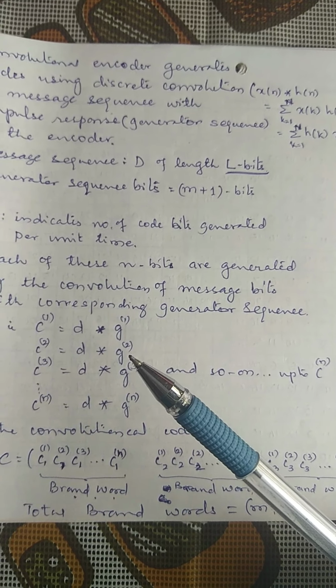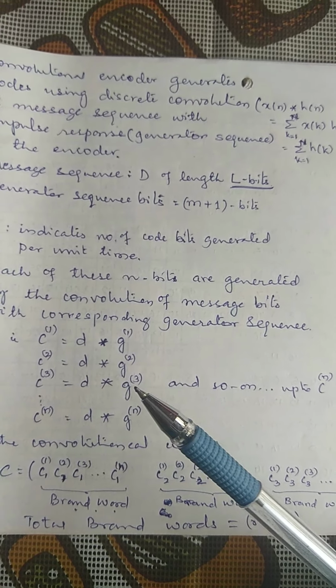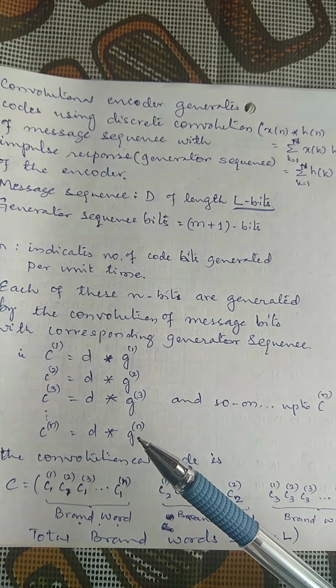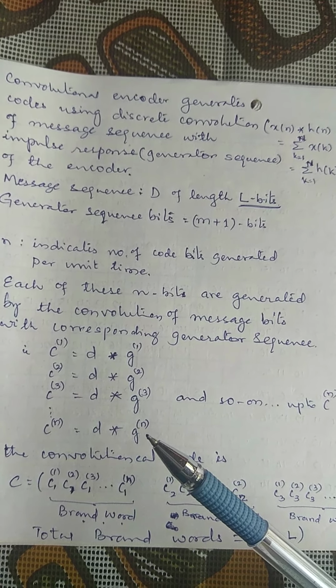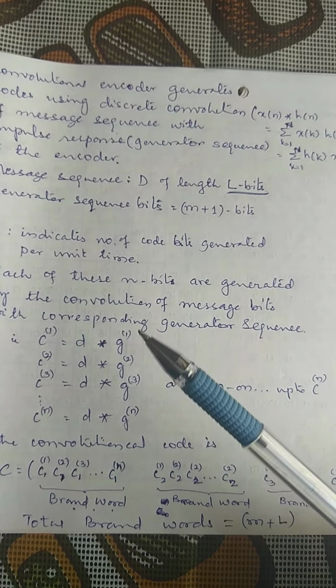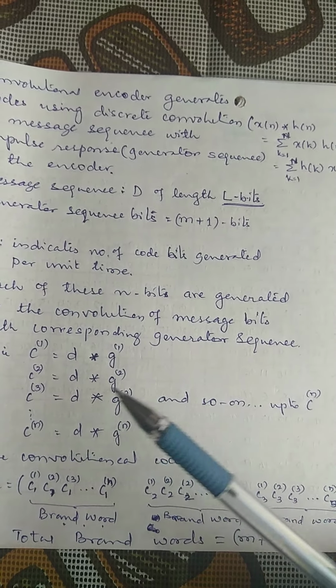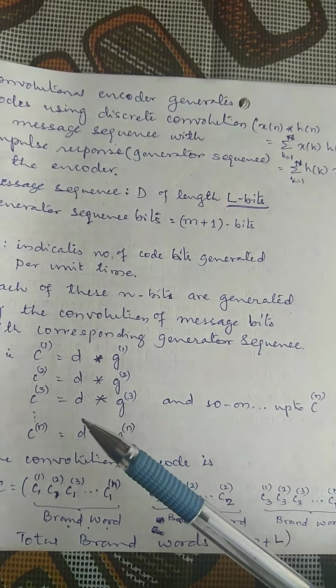Likewise, convolution of the second, convolution of the third, and so on up to convolution of the n outputs, that is parameter n. So there will be n generator sequences, and accordingly the convolution is done n times with the message